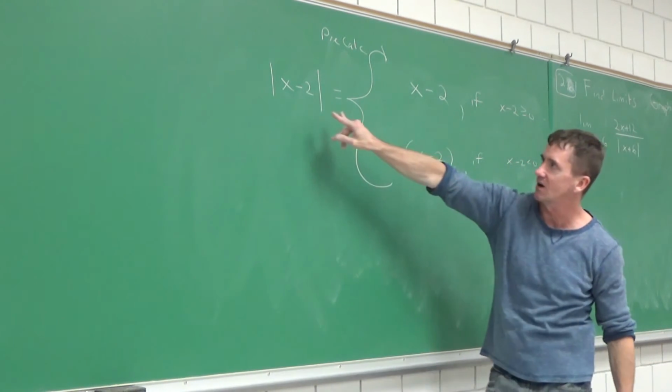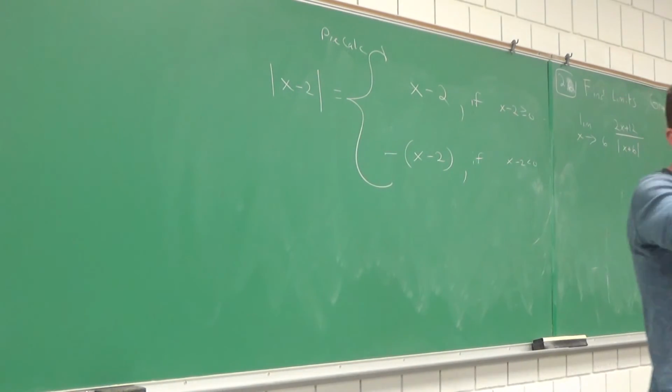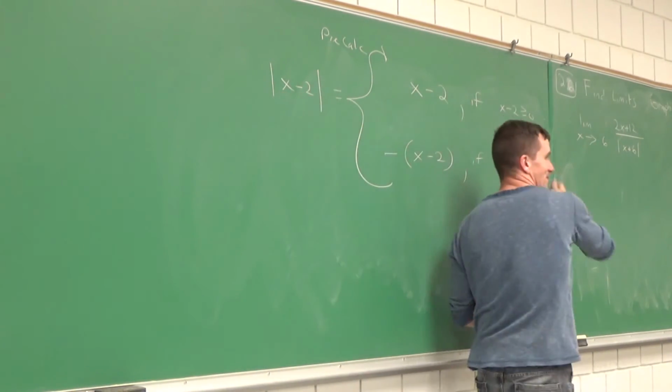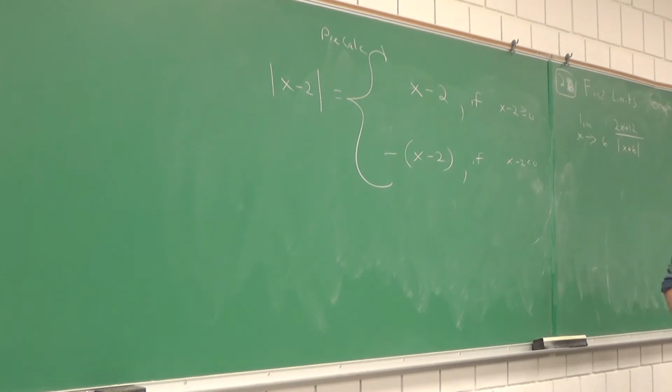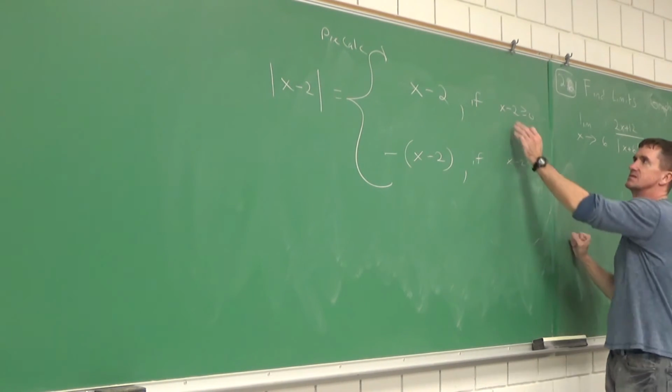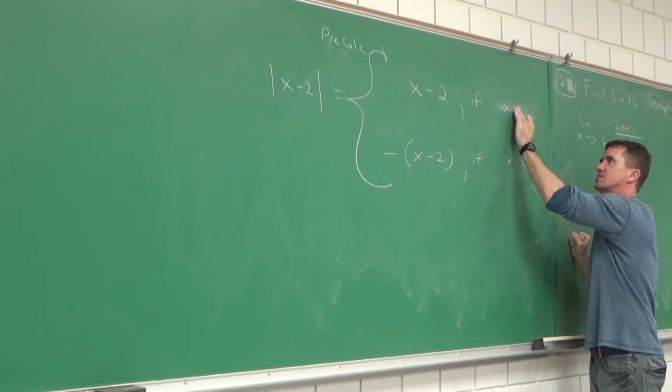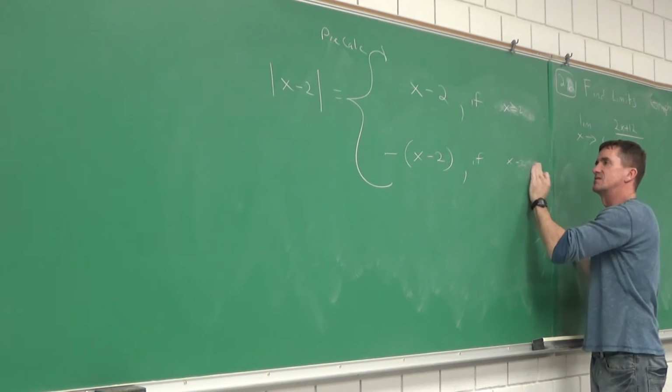I just went back in there and said what was in the bars, and I said that had to be greater than or equal to 0. And I went back in here and I said what's in the bars, I said that had to be less than 0. Cool. So if you want to improve this, what was this again? X is 2. The greater than or equal to symbol, and this is a what?